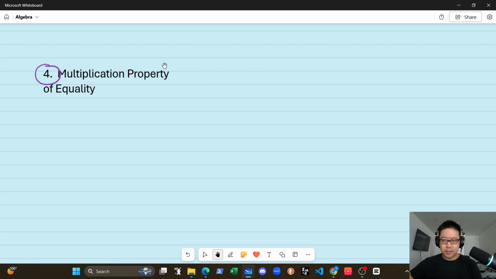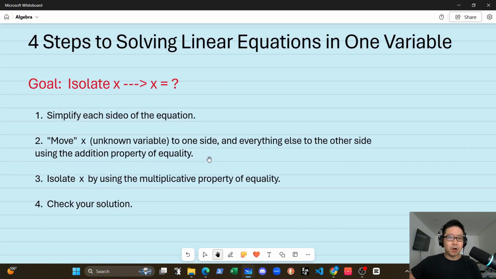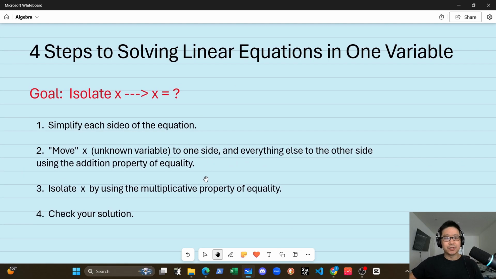The two properties come in handy because they're part of the four-step process to solve any equation with one or two variables. So here are the four steps to solving linear equations in one variable. Now, the overall goal when solving any equation is to isolate x so that after a series of steps, x equals some number. So keeping this in mind, the first thing you're going to do is simplify each side of the equation